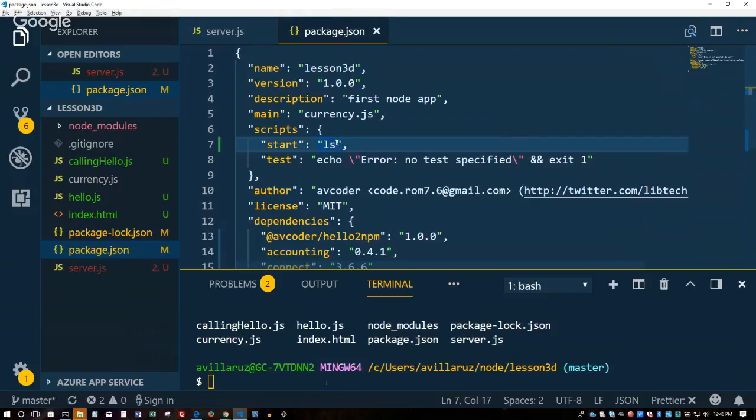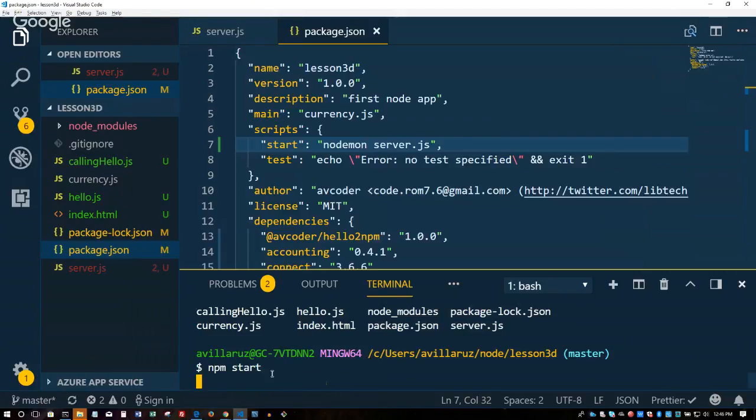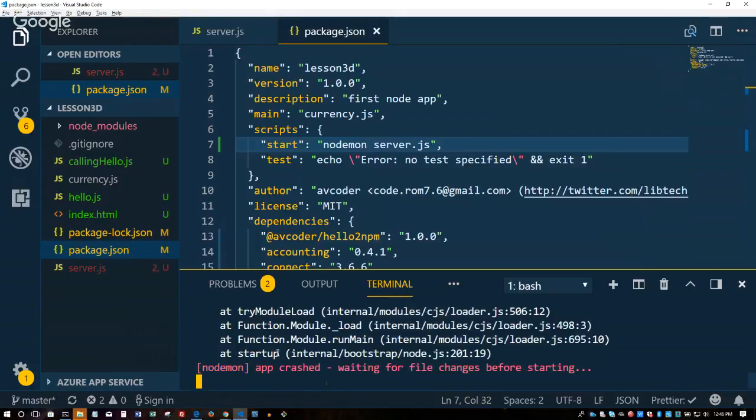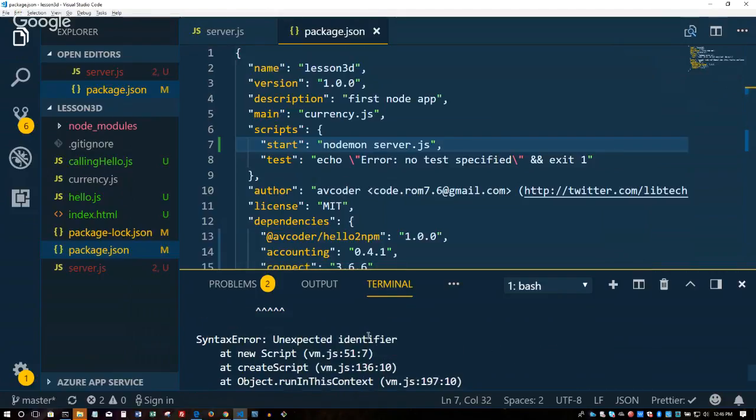Okay. So what do you think I should type in here to start our Node app? Nodemon, yeah, server.js. There we go. So save that. Now I can say npm start, enter, and it does the same thing there. And it still crashes because I did something stupid. But yes, you're right.